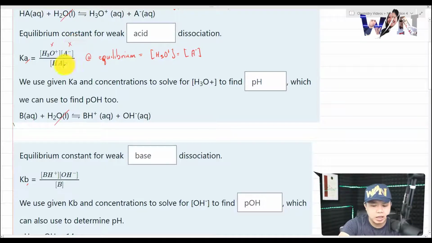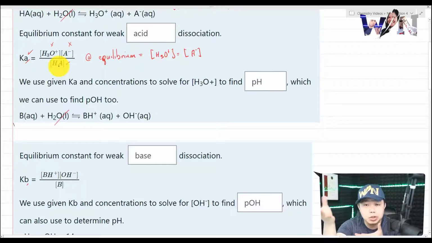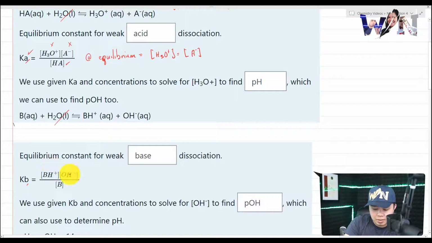And in most cases, these values will be given to you. The Ka and the concentration of the acid will be given to us because we can actually use it in our lab. We know what the concentration is going to be. We don't have to find it. It's given to us. The same thing for the base. This, at equilibrium, we can see that the same thing holds for the weak base.